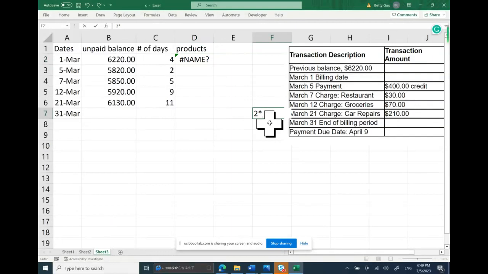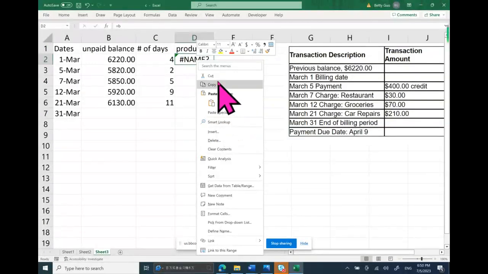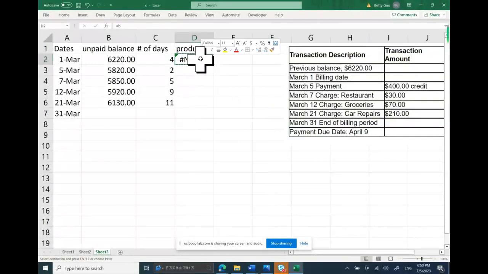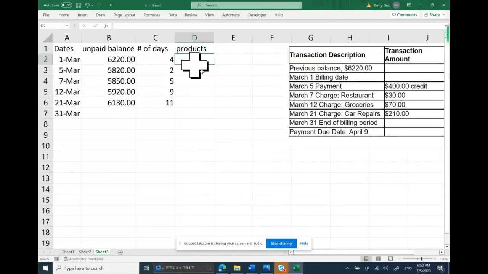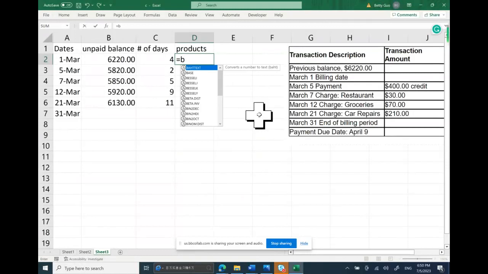By C2, whoops, equals, let me clear this one. So equal B2